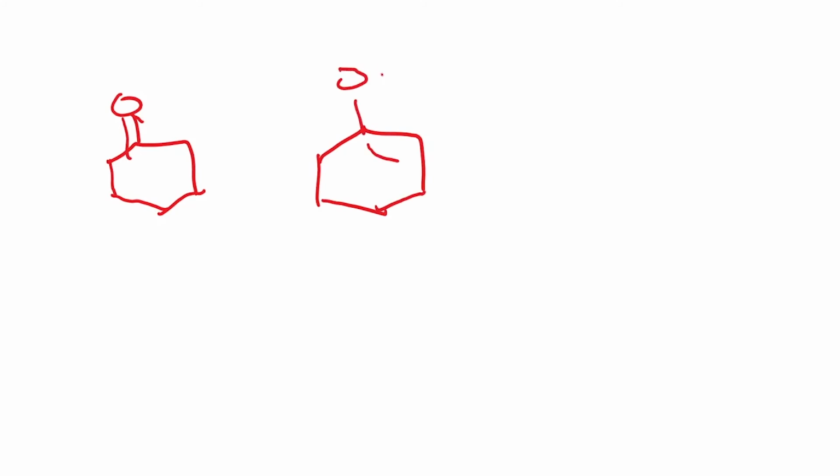All right. So now let's summarize the various aspects of enol and enolate chemistry. So if we start with cyclohexanone, we could draw out, this is the keto form, which is just cyclohexanone, and the enol form would be in the following manner. This is the OH, and the enolate is this.